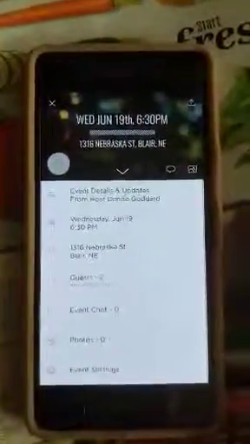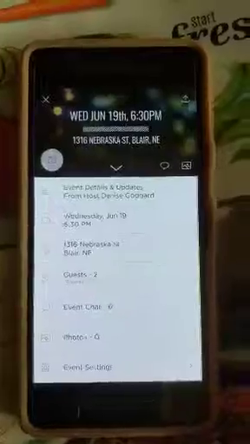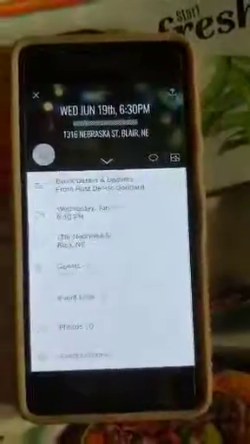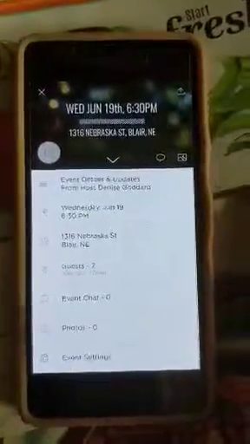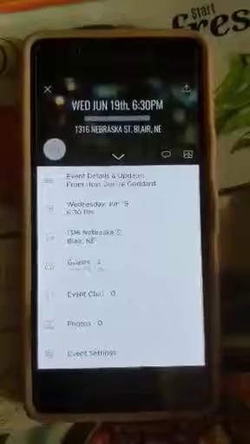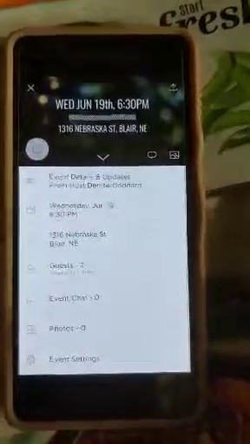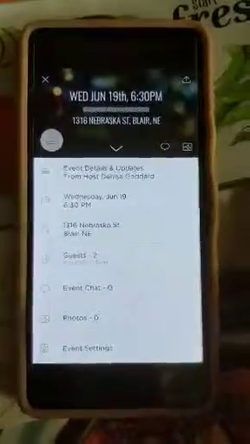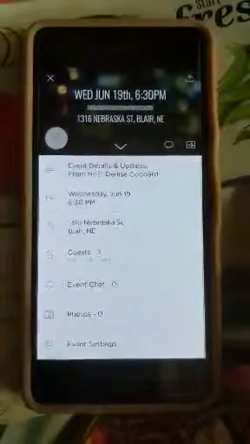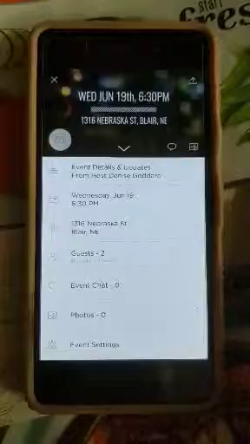Slide up and you will see all your information. Basically what you want to do is click where it says guests, and right now it says 2 because that's you, the host, and me, the other guest. When it asks you to link the contacts to your phone, please click yes, as that will be much easier than entering all those guest